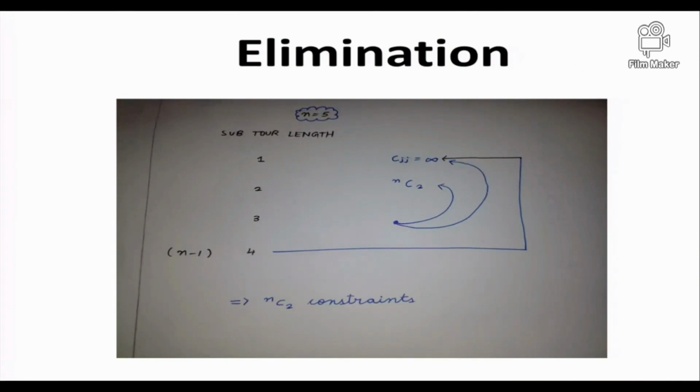And how do we eliminate the first one, the subtour of length 1? What I do is say x_jj is equal to 0. But instead of doing that, I say the cost of going from j to j is infinity, right? I do that because if the cost is infinity, you don't want to buy that thing, right? Exactly. So you do that for 2, as you saw, in polynomial time.